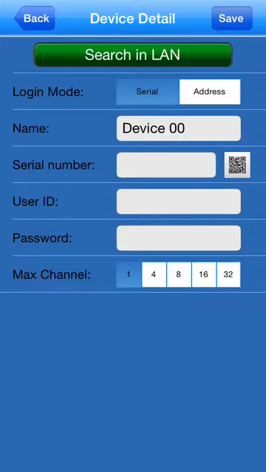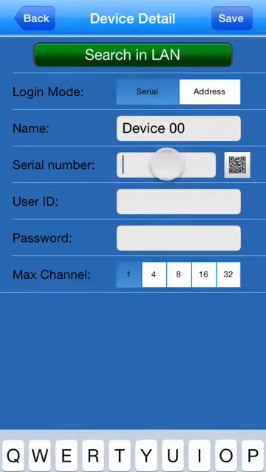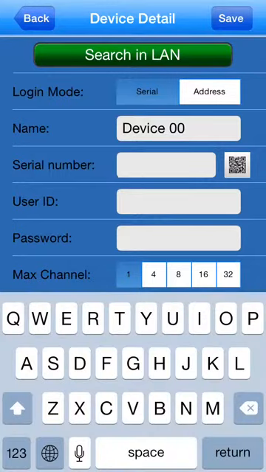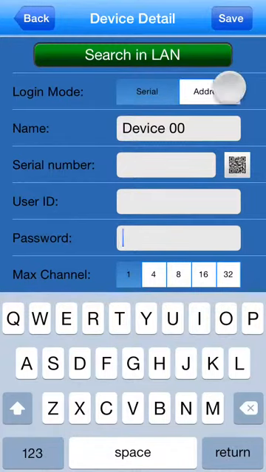You always get connected, and you get the serial number by going to this 7Tronic DVR main menu, and you'll find the serial number somewhere in there. I have other tutorials on how to find out what the serial number is. In that case, you just enter it there, user ID and password. We don't need port numbers for serial numbers, but in this tutorial I'm going to talk a little bit more about a more complicated way,